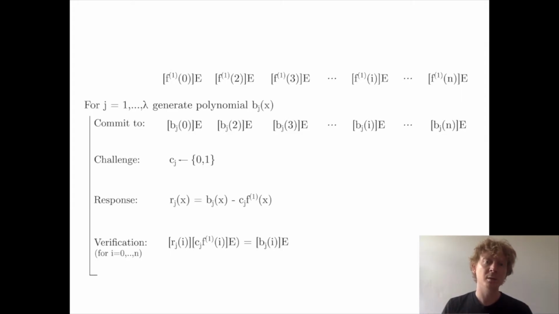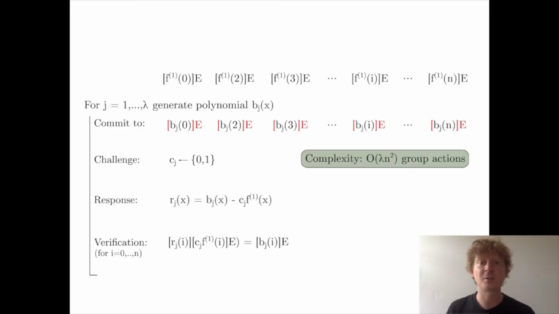And if C is 1, then r plus f should yield b, and the verification condition should also hold. So basically, since r has to be a polynomial of the correct degree, players can verify in this way that they all have a share of a common polynomial of the correct degree, and thus will be able to interpolate to a common value. And this protocol successfully provides that functionality, but has the big disadvantage that it costs